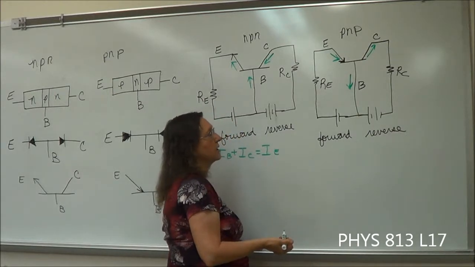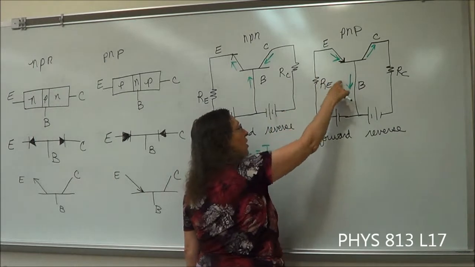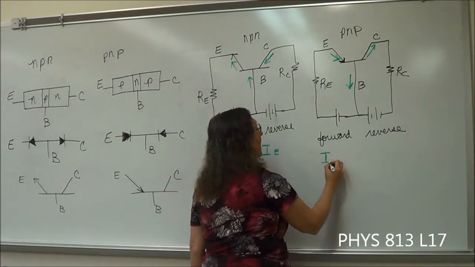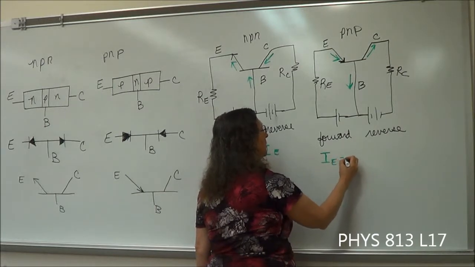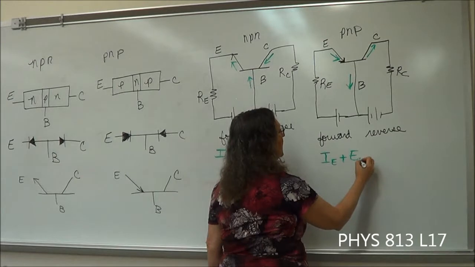Now, let's look at our junction equation. We have two currents going into the junction and one leaving. So we have I emitter plus I base